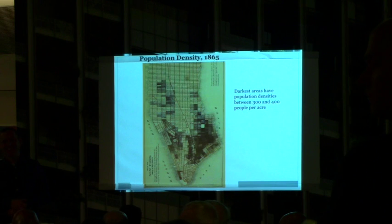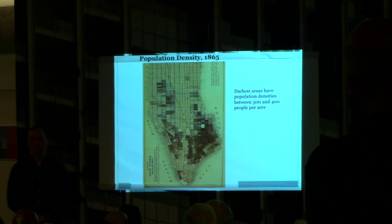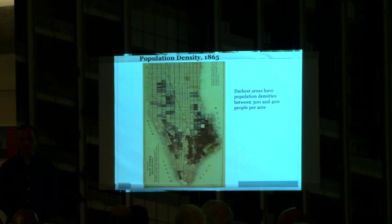Well, I would just add one thing. Through the 1800s, Manhattan was essentially an island, and the only way you accessed the island was by water. There were no bridges yet. Well, the Brooklyn Bridge was just getting started. So the exterior of Manhattan was largely commercial. That's how you entered the island. And so, as the 19th century developed, the interior of the island became the more exclusive place to be,